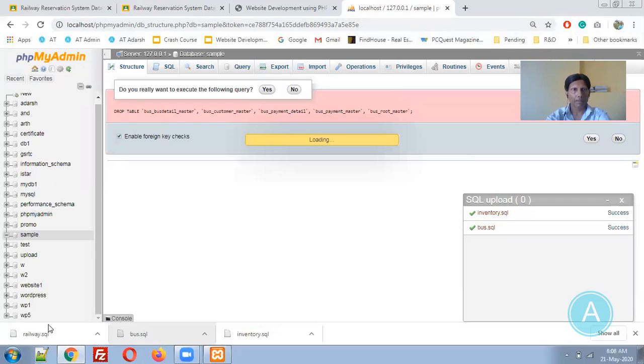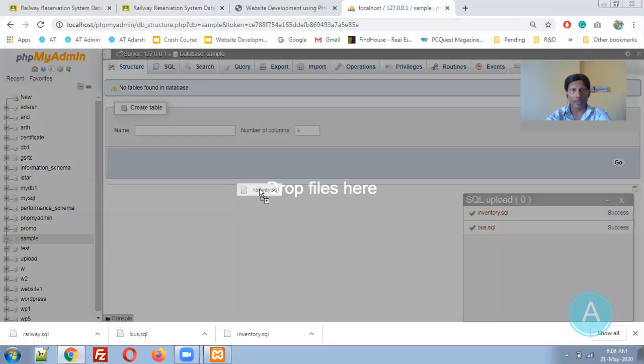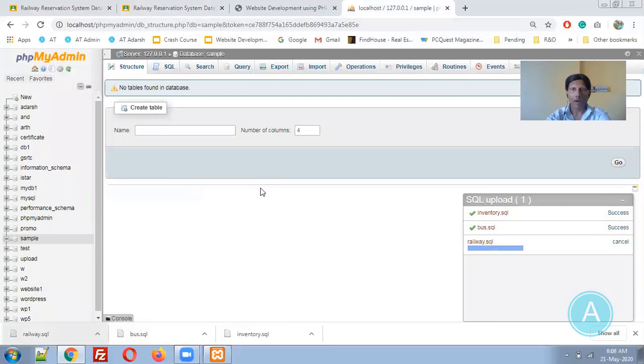Yes. Drag and drop. Import is in process. Okay, done.